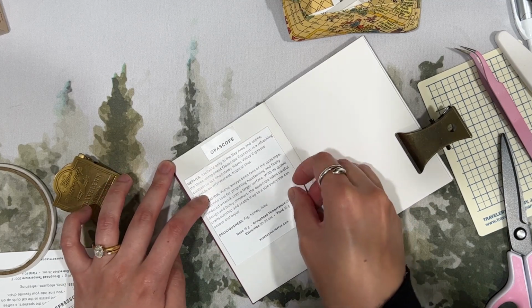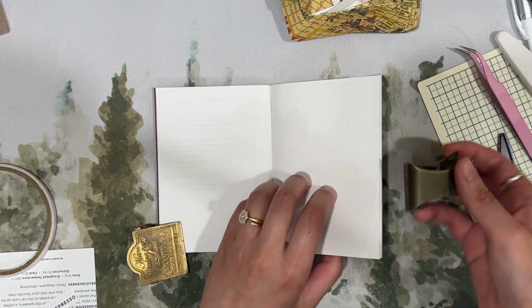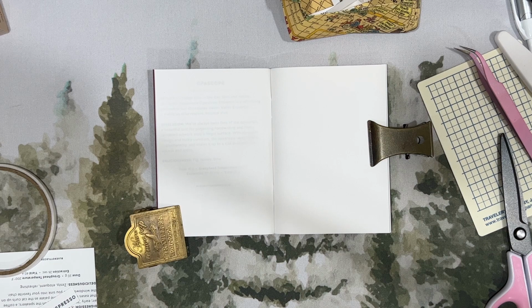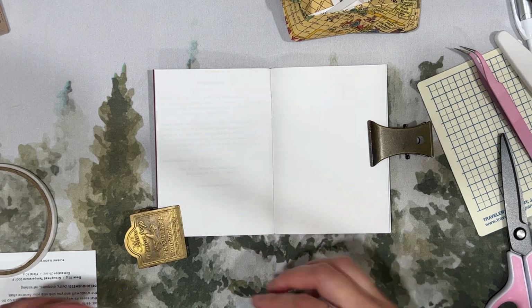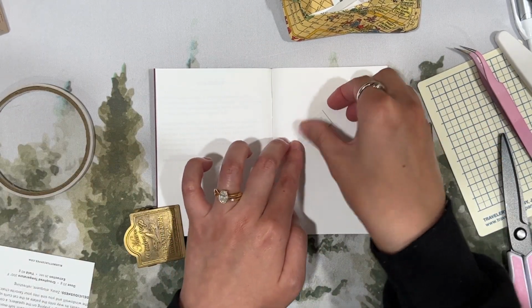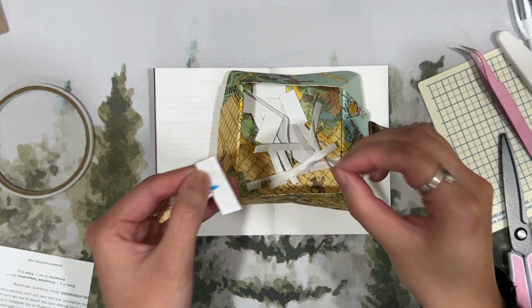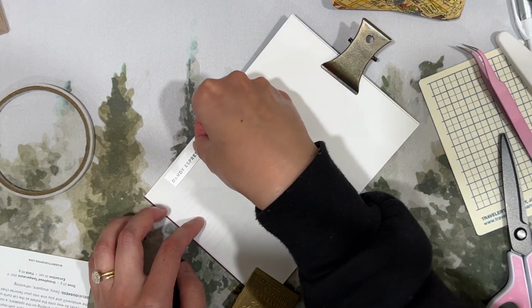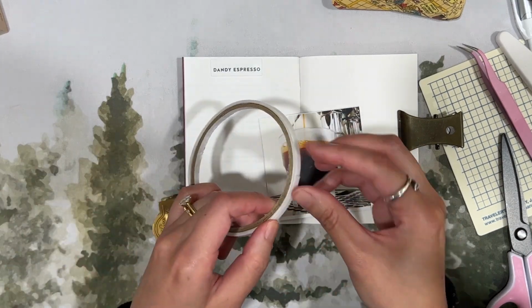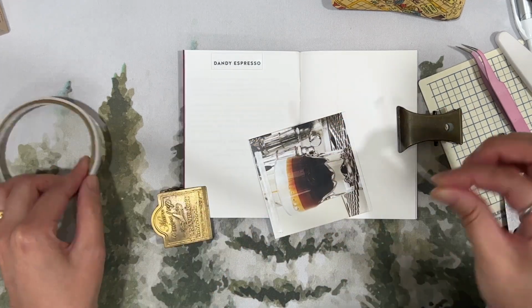And I'm using some double-sided tape to put these down because the thickness of the paper is actually quite noticeable. It's very sturdy, and that's a good thing. But because of that, if I used a glue stick or even a tape runner, I feel like it wouldn't be as effective in making sure that these materials stay down on the page. So I just have this double-sided tape. I actually got this one from Daiso in Japan. I realize we have Daiso here in the United States as well, but while I was there, I was like, why not? Let's just grab some of these double-sided tape because I already really like the ones I've used before,